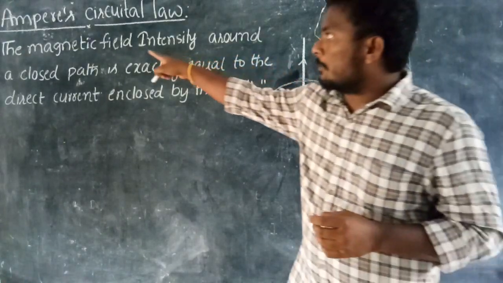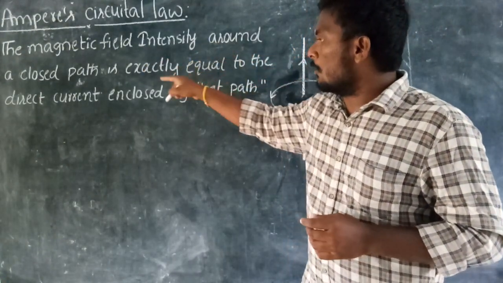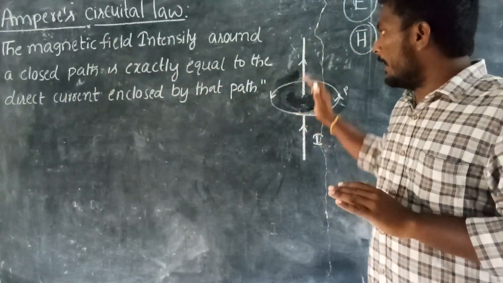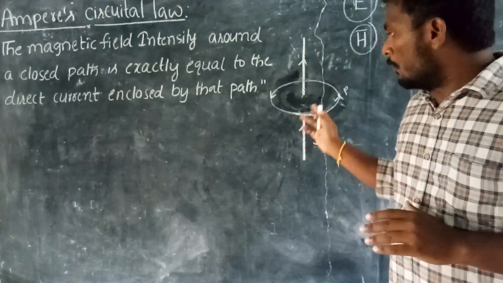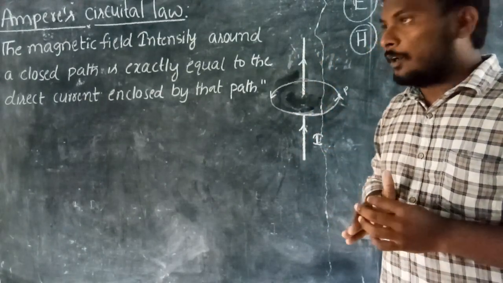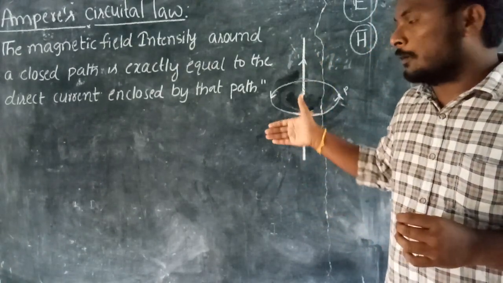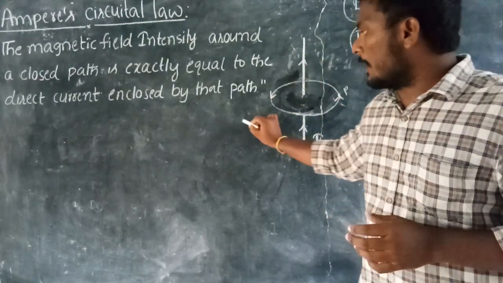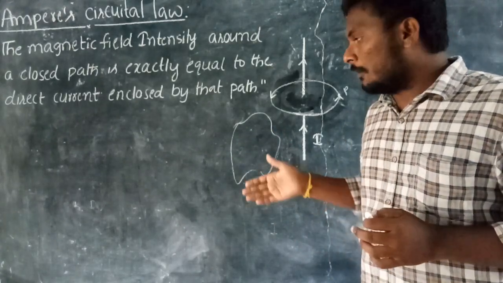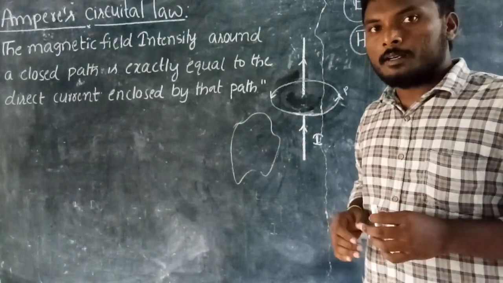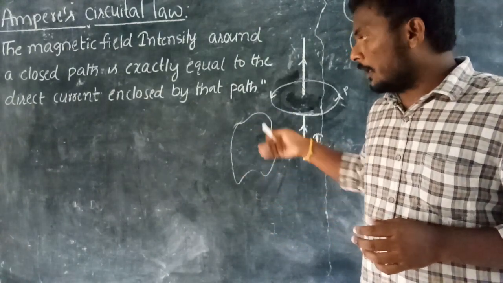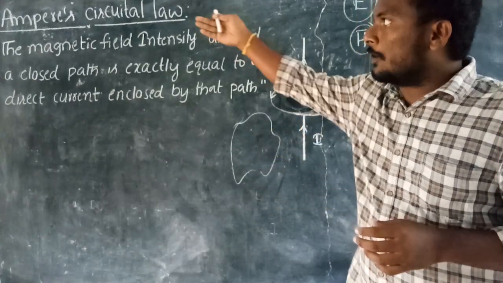According to this statement, the magnetic field intensity around a closed path. Before taking the conductor or equipment, we don't know the direction of magnetic field intensity. As it is a long straight conductor, we can find the direction by using the right hand thumb rule. Suppose I have a complex conductor like this, how can you calculate the magnetic field direction for this type of equipment? It's not possible. So these are complex problems, and for such equipment the magnetic field intensity is calculated by using Ampere circuit law.